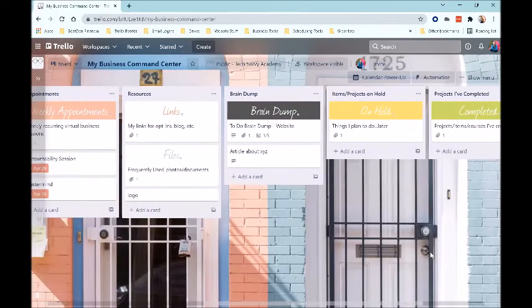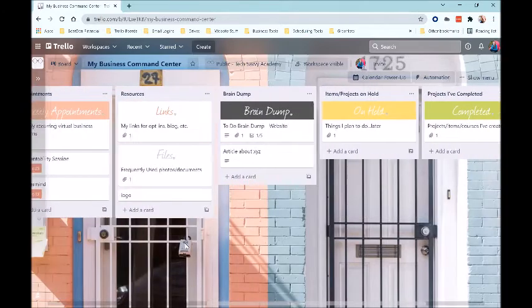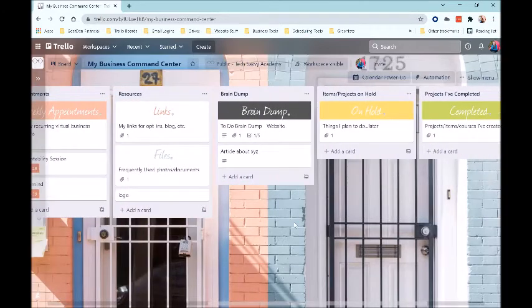And then we've got the brain dump list. And this one is super, super helpful in managing our current priorities. Okay. So like I said, you don't want to have too much stuff on here because realistically, you're not working on all of them right now, right? So this is where the brain dump comes in handy, because we all know that ideas just pop into our minds at any given moment,